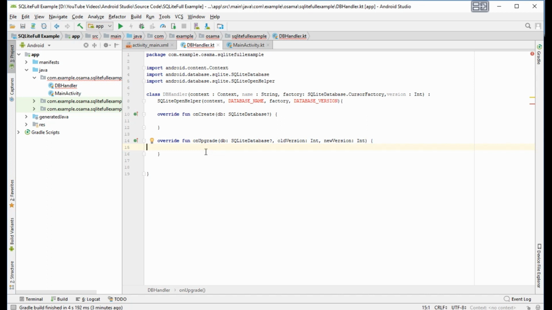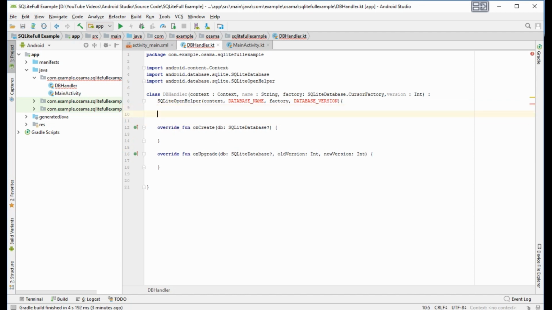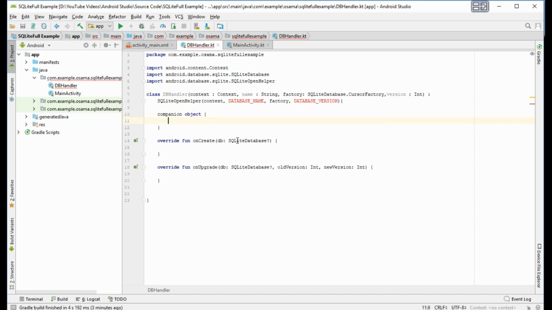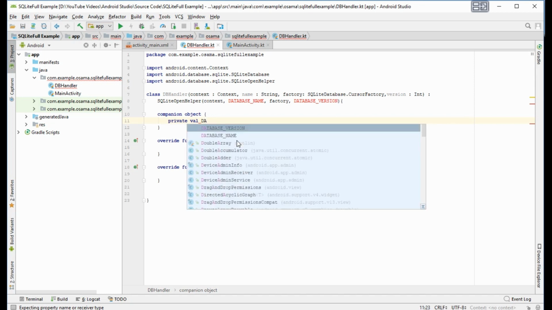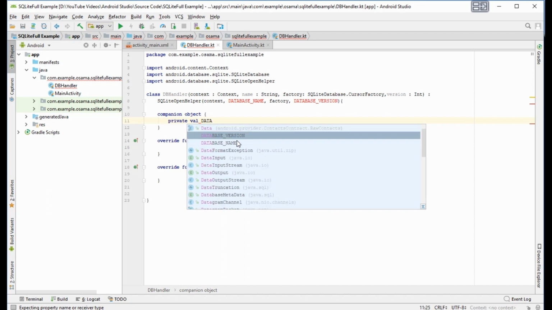Now we want to make some variables to use as standards, and we want to put them in the companion object. Private val database name.